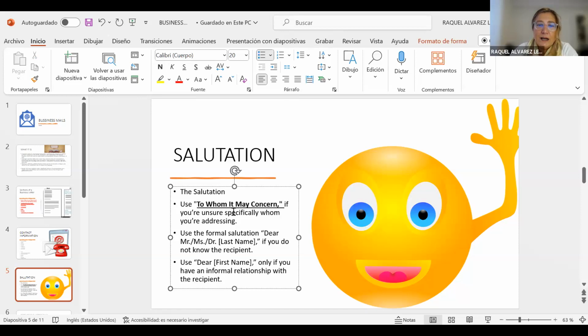Por lo tanto, tú dices a quien pueda corresponder. To whom it may concern. If you are unsure, si no estás seguro, if you are unsure of the person you have to be addressing. If you want to use a formal salutation, you can say, dear Mr., Miss, doctor, if it is a doctor,